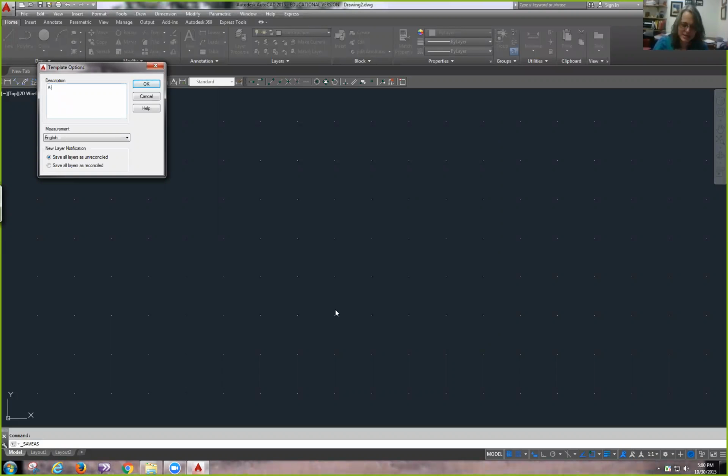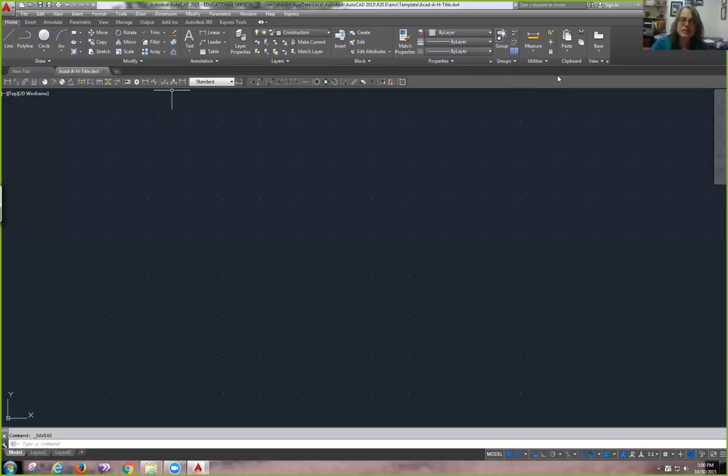So you can convert any AutoCAD drawing file into a template file, because the only difference between an AutoCAD template file and an AutoCAD drawing file is the extension. But we're going to look at what happens when we open up a template file, because it's kind of handy. So I'm going to exit out of here,